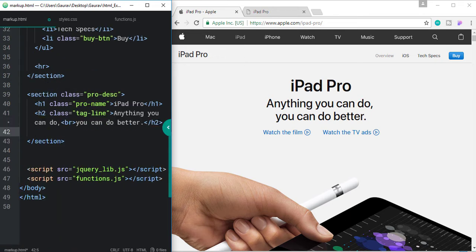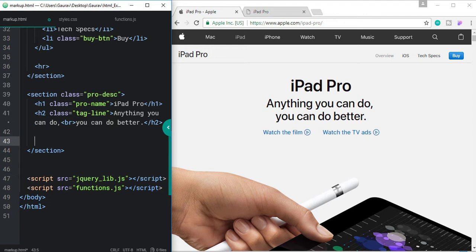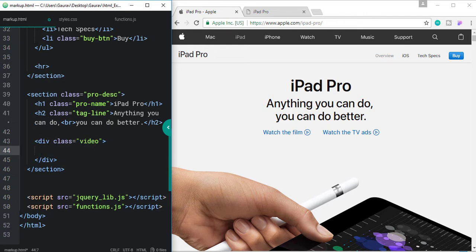After that let's create a div with a class of video, and let's create two divs with a class of film, and another div with a class of ads.